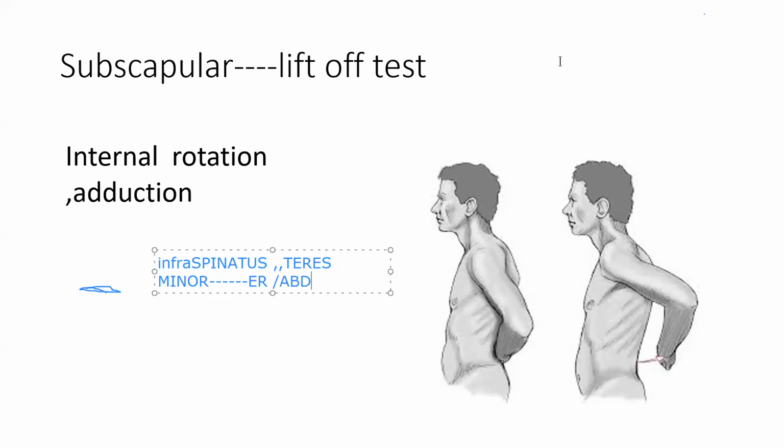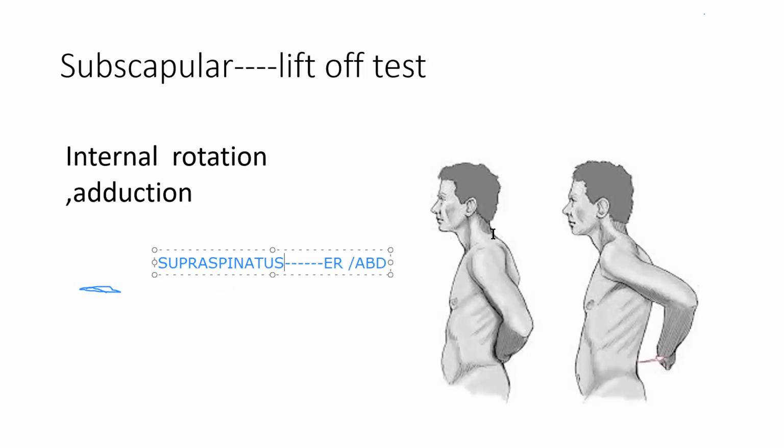I will tell you more about it in future. The second thing is the supraspinatus. Where is the supraspinatus? The supraspinatus is above, here. It comes like this. I will tell you so you'll remember. See, this is your humerus, and this is your glenoid.